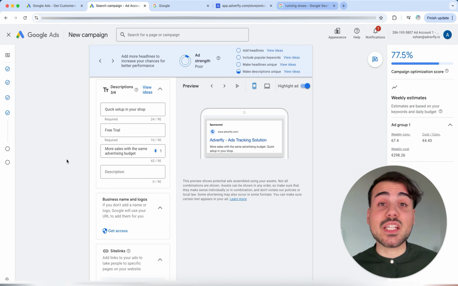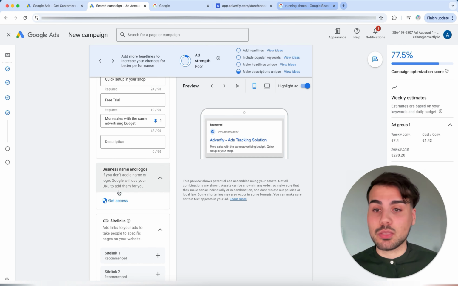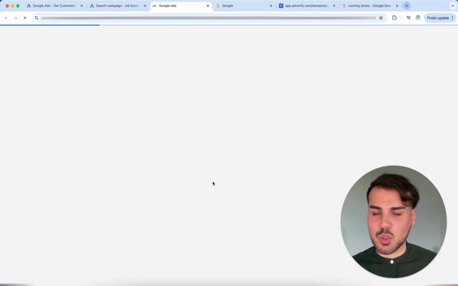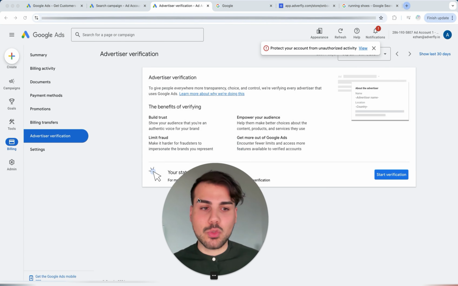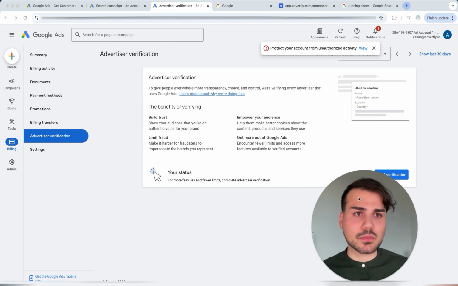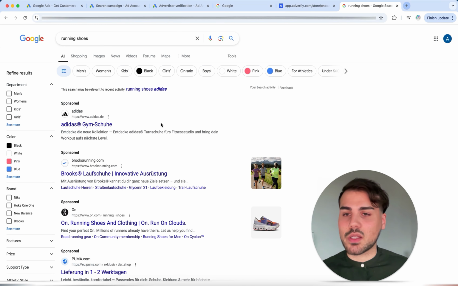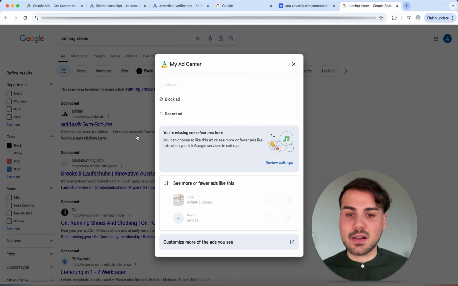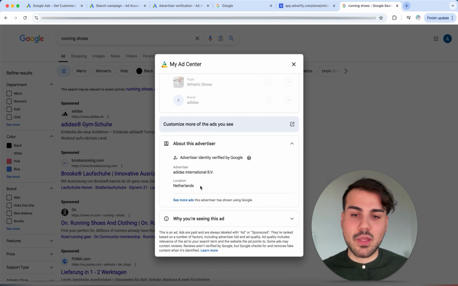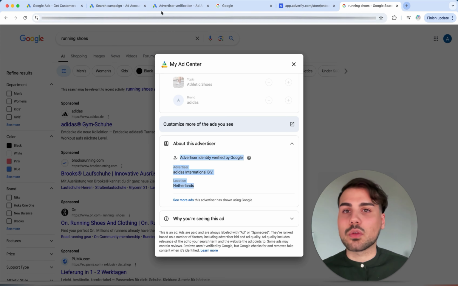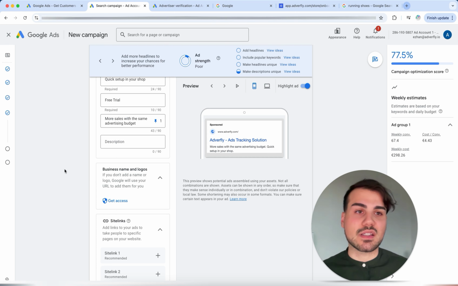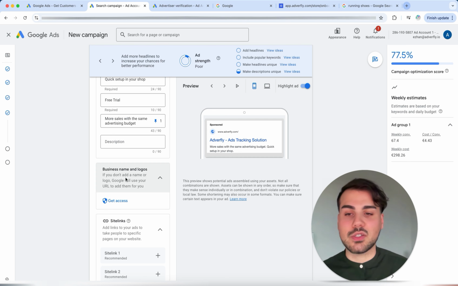For example, if I then scroll down here, then I have to verify this here. This is now a demo account, so I'll skip it. You can of course do that to clean everything up, but that would be the following thing. If we, e.g., click here, we then simply have to start the verification process. And if, for example, legal topics come up, if I click on this arrow here and then scroll down, then I simply have more information here. If we then go back and say we don't have to add anything, then there is also a note here that Google will use this from the URL and similar things.